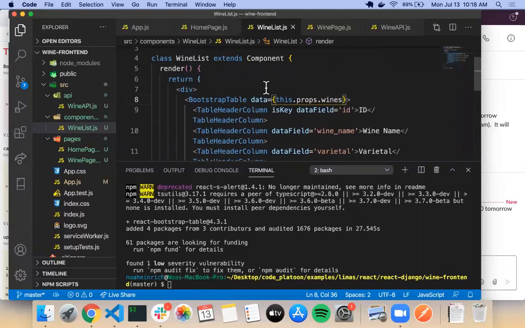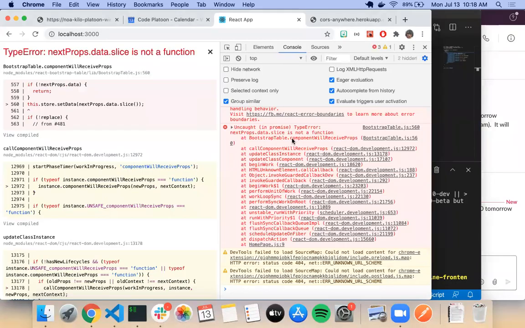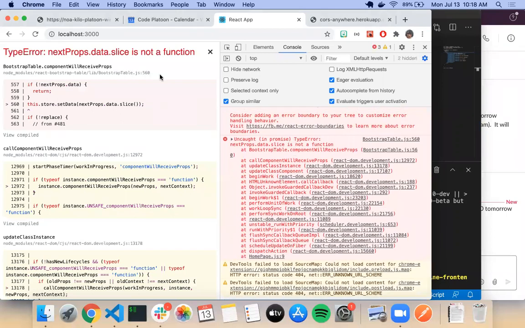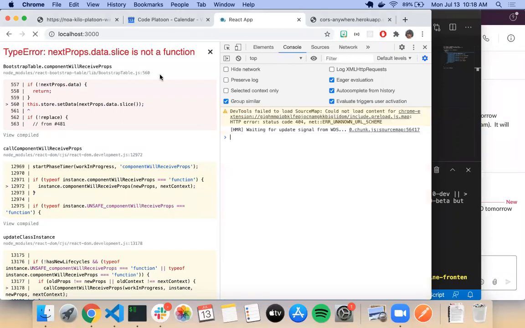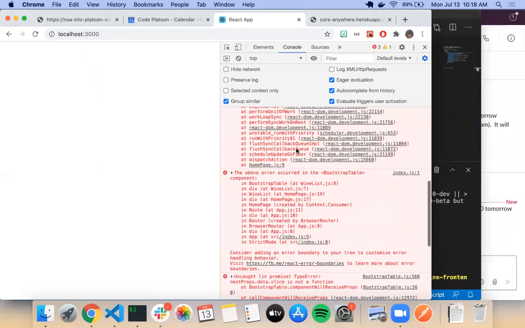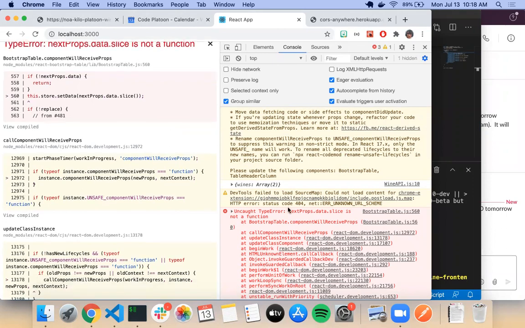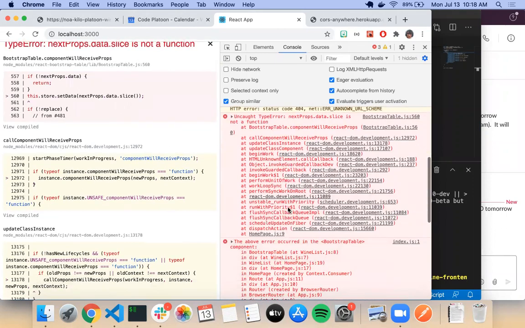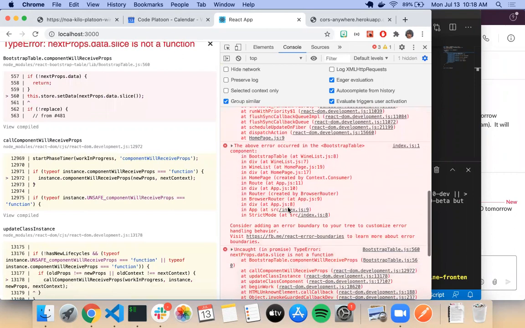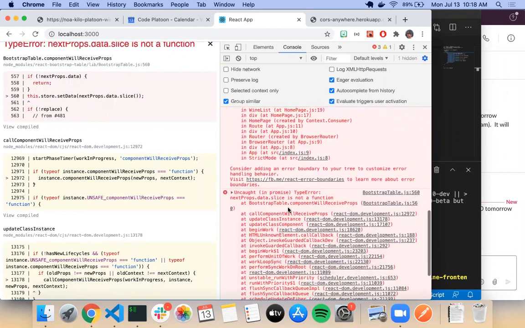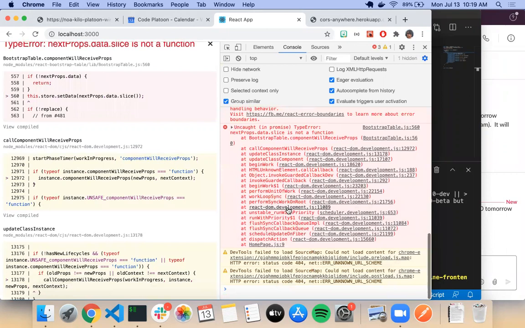Let's see here. All right, so nextProps.data.slice. All right, so yeah, I'm not sure what's going on here with